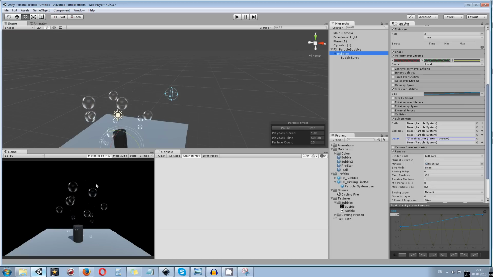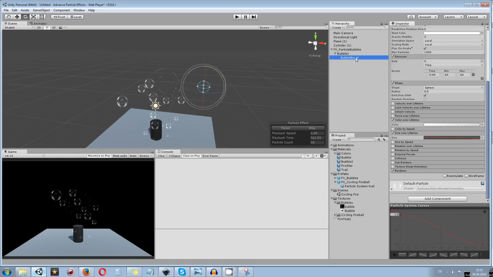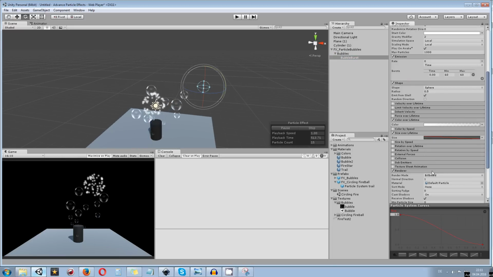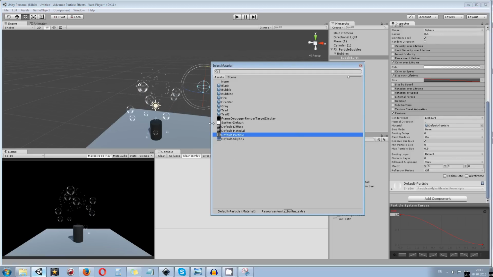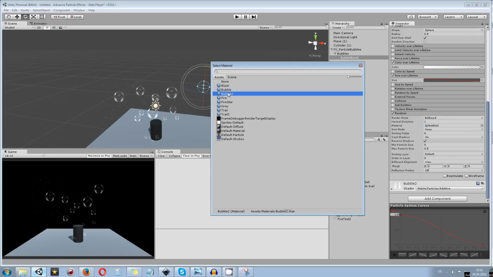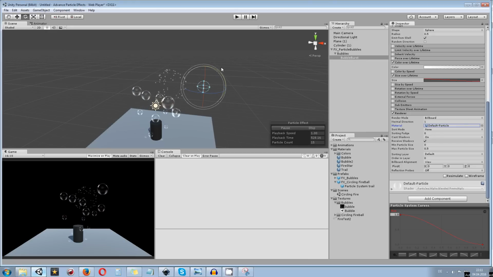So if this is not enough for you and you don't like the particle effect with just the default particle, you can always go into the renderer and take the bubble 2 effect maybe. So you will spit out small bubbles again, or you just leave it alone and take the default particle system in here.